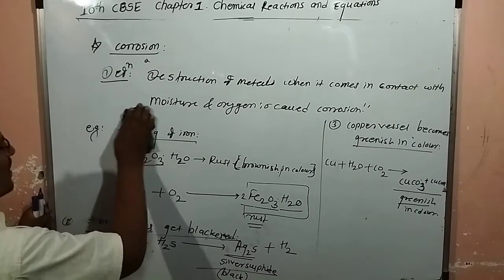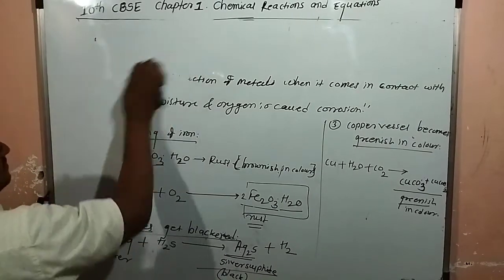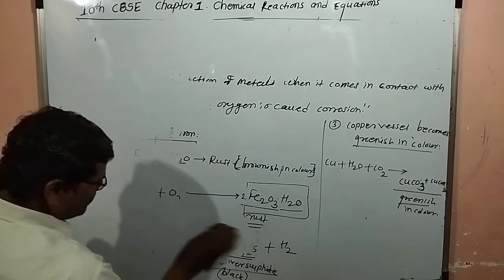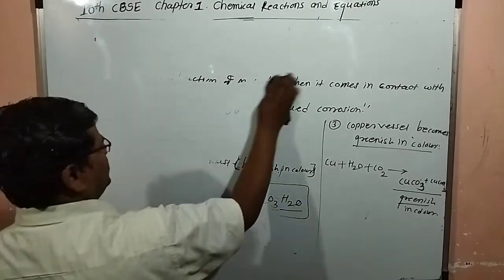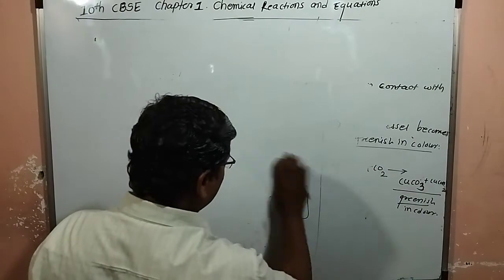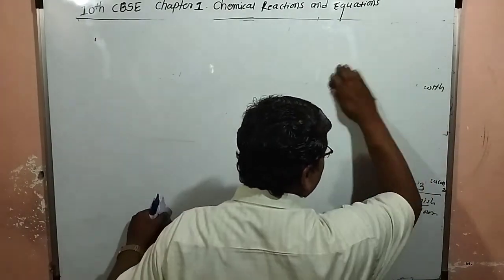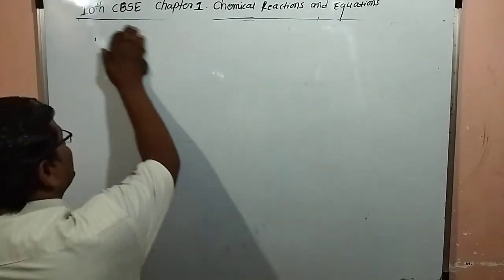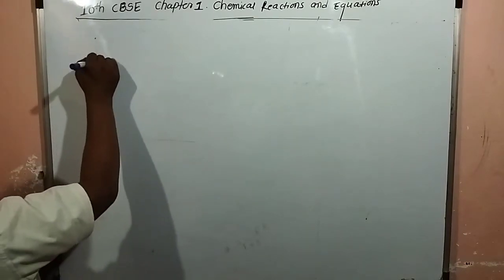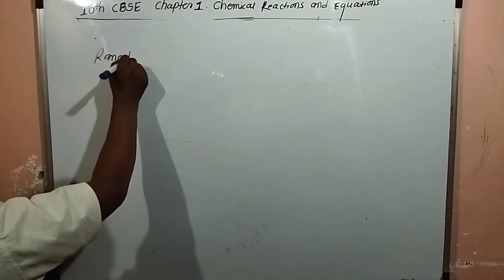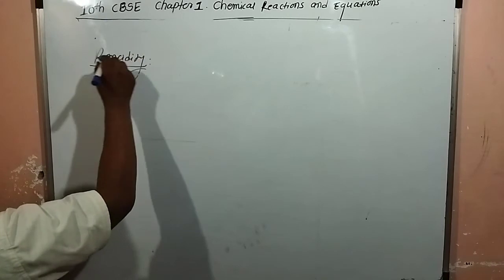So this one is the corrosion, and after this the next point is rancidity. Rancidity we'll see. So what is rancidity? We'll see. Rancidity. So in rancidity,